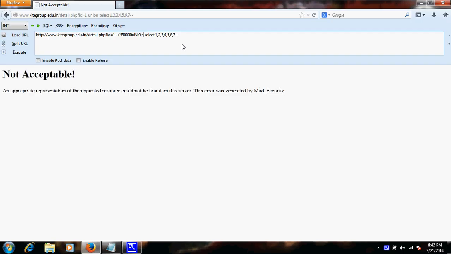As I'm trying to bypass the security this way, at the end I put star and forward slash, and now that one word is completely done. Now remove the space, forward slash star exclamation 50000, and again make some characters of this word capital. Okay, this is also done, remove the space, use plus.